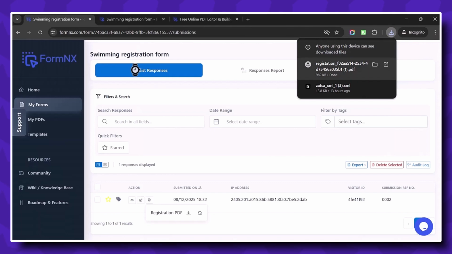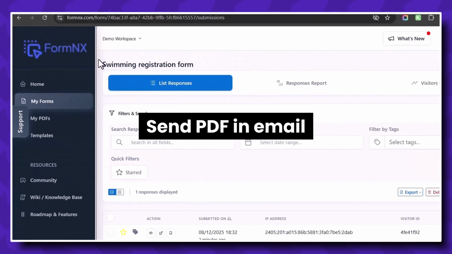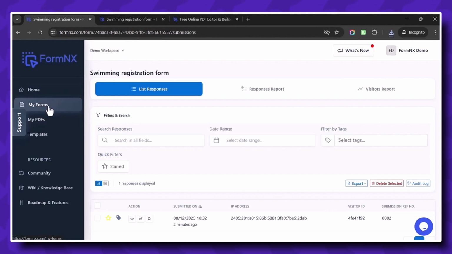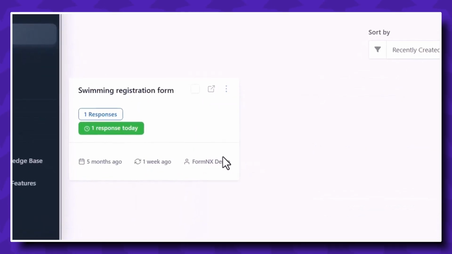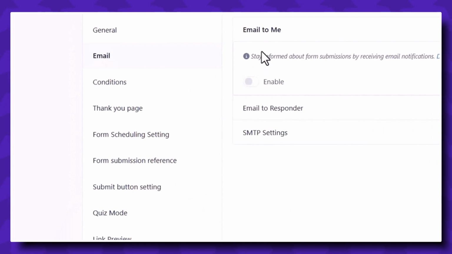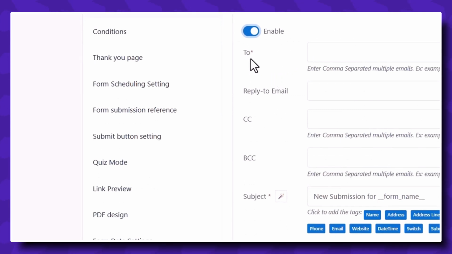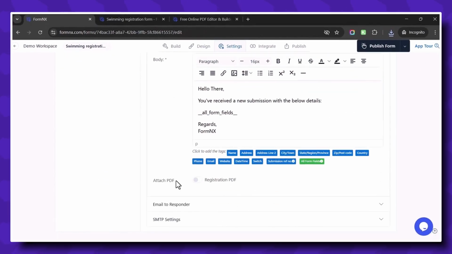Now I want to attach this PDF inside the submissions, so whenever someone submits, they will get an email which has this PDF inside it. So what I have to do is edit my form. Go to my forms here, click on edit form, and inside the edit form, go to the settings tab, mail setting, and enable this email to me. Currently I have this email to me disabled. Enable it, fill all this information such as reply to, CC, and subject, and enable attach